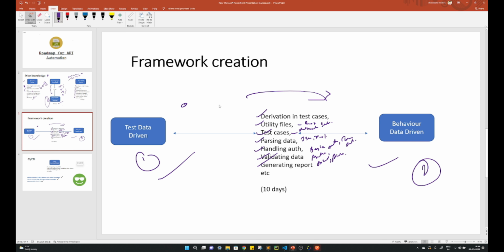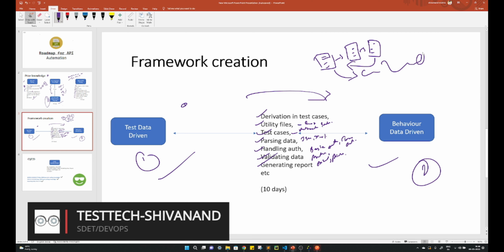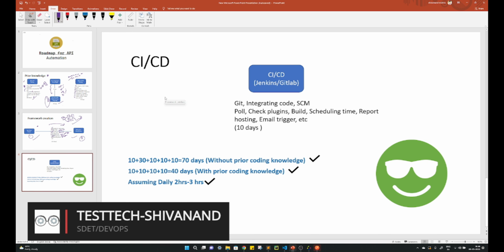Okay, so suppose you have created a proper framework, and now you are able to run it, and it is running properly, and everything has been optimized in such a way. Suppose you have given all the fixtures, and you have grouped the test cases properly, and it is running correctly for you. Then you can move to CICD, where you will have the build automation for your automation,